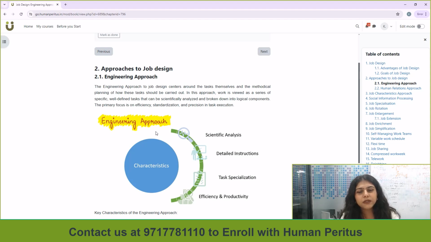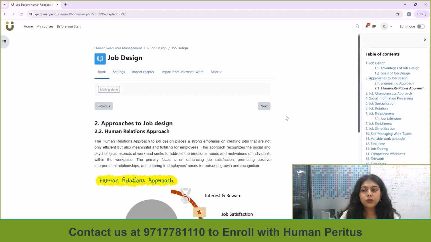Then there is routinization of tasks. Again, you're doing the same old thing again and again, so you're bound to have a problem with that at some point in the future. So there was no skill development in an employee, and routinization of tasks were the two key limitations of this approach. And then from that we move on to the HR approach.